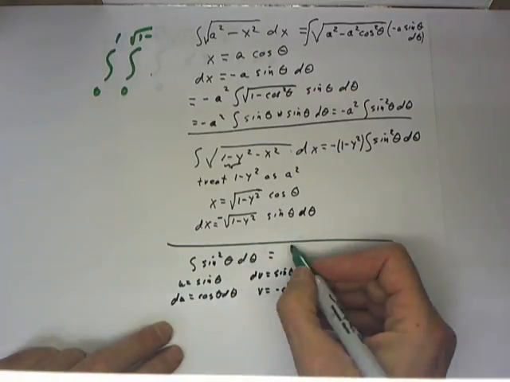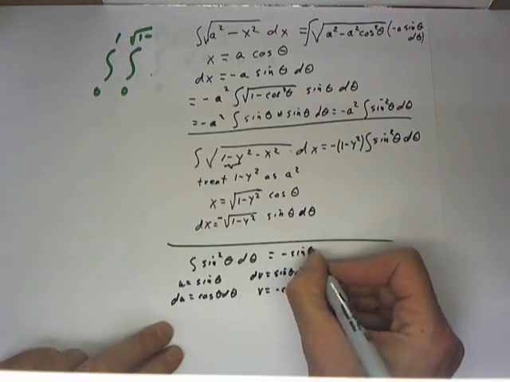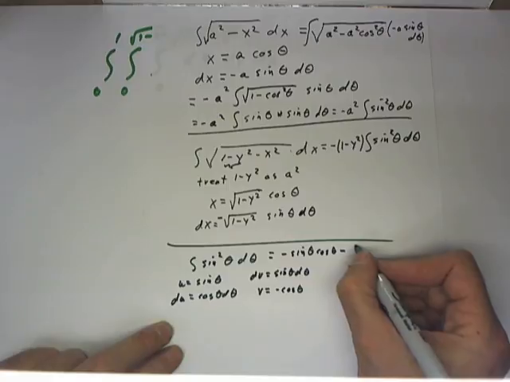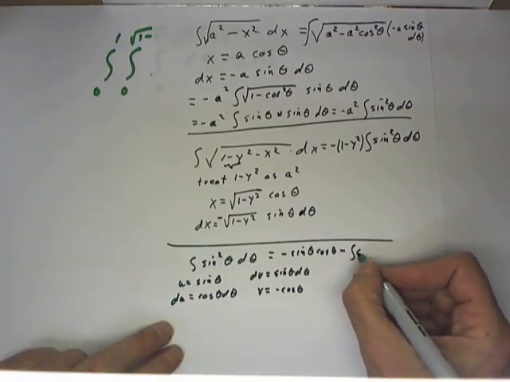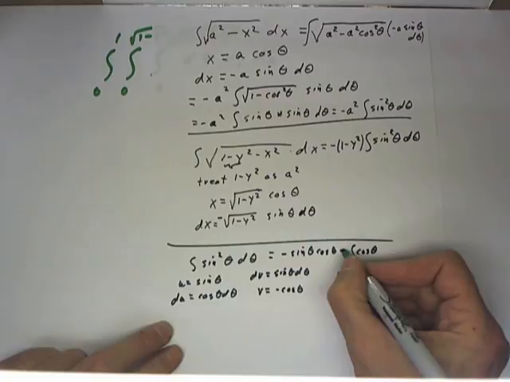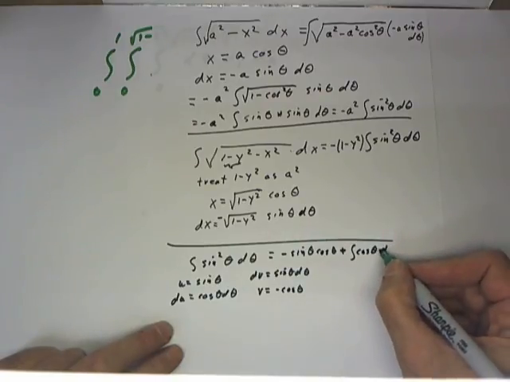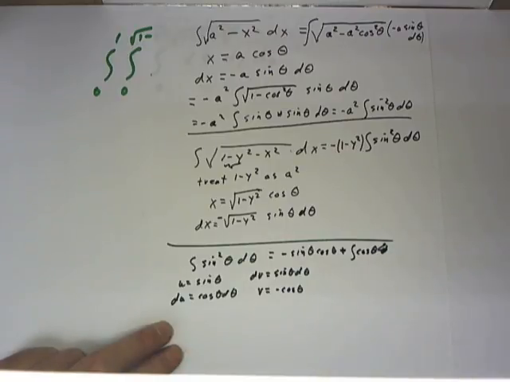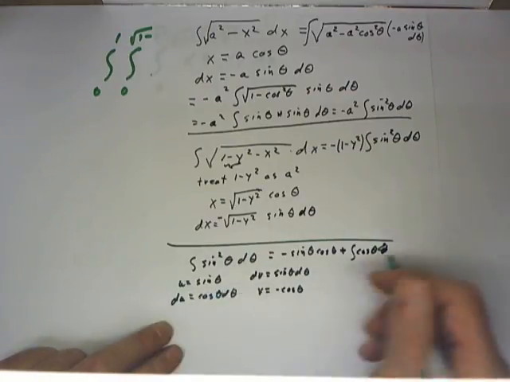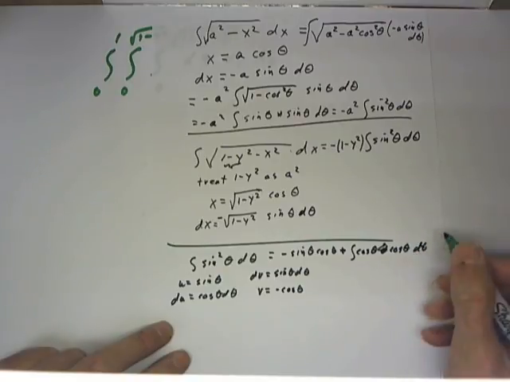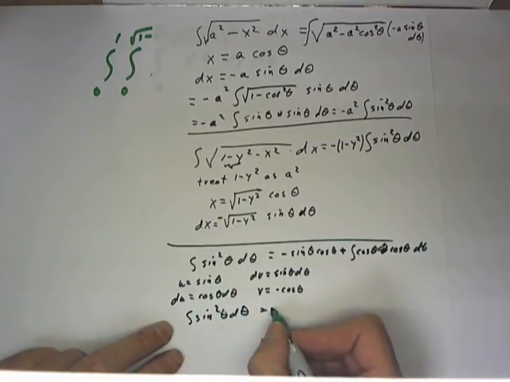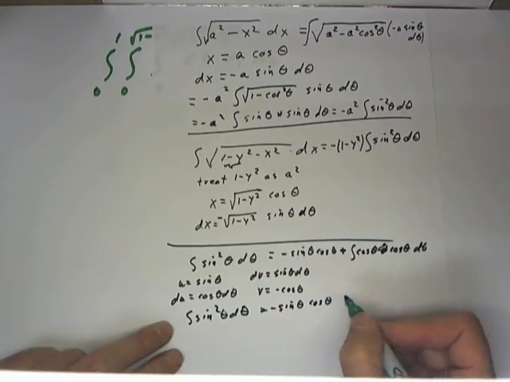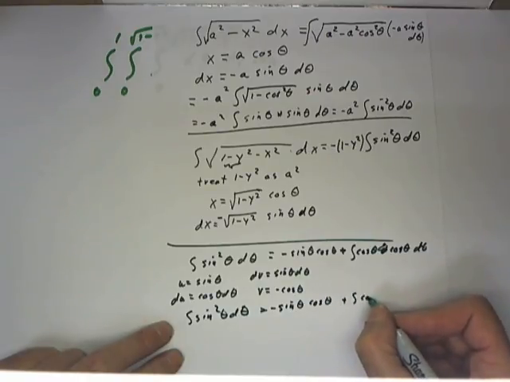The integral becomes uv, which is negative sine theta cosine theta, minus the integral of v du. Now, the v is negative cosine theta, so we're going to put the cosine theta here, factor out the negative, and that's going to make this positive. And then the v du is going to be, the du is cosine theta d theta, so that the integral of sine squared theta d theta equals negative sine theta cosine theta plus the integral of cosine squared